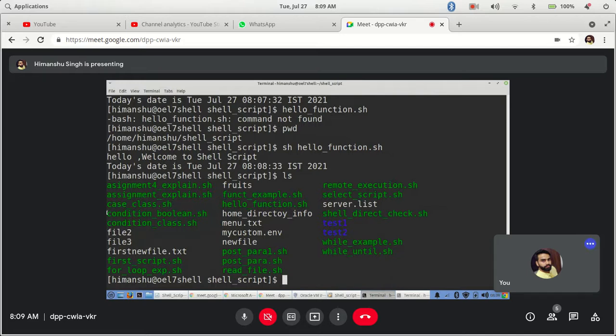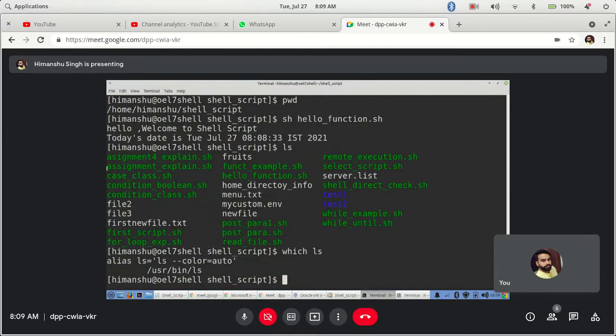So how is it picking them? If you remember one command I told you, which ls. It says it is picking from user bin, and this is the ls command. The actual command is located here, but I am running it from anywhere and it executes. Clear? So why is this?